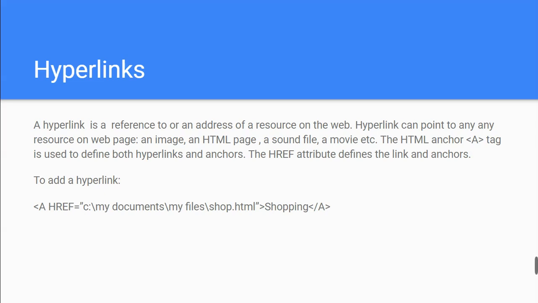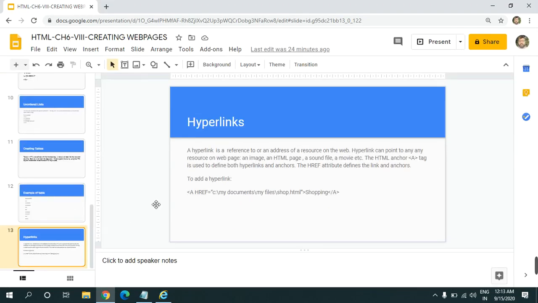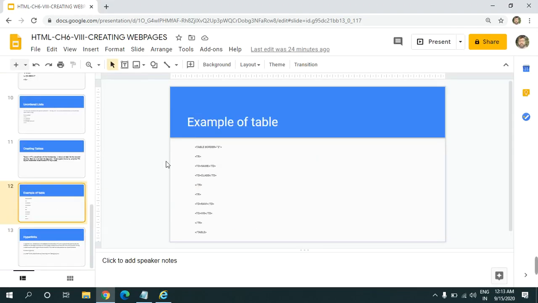The next question is, what tag do we use to insert an image in a web page? Now I will demonstrate to you how we can do all these things.